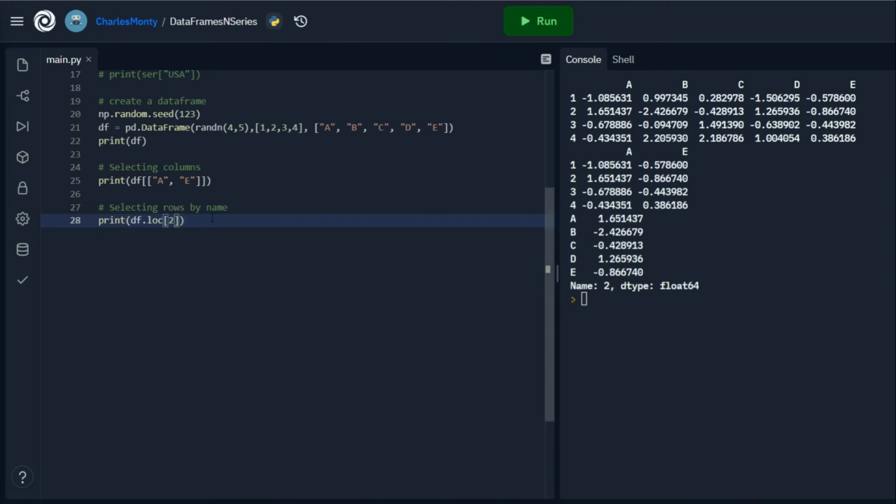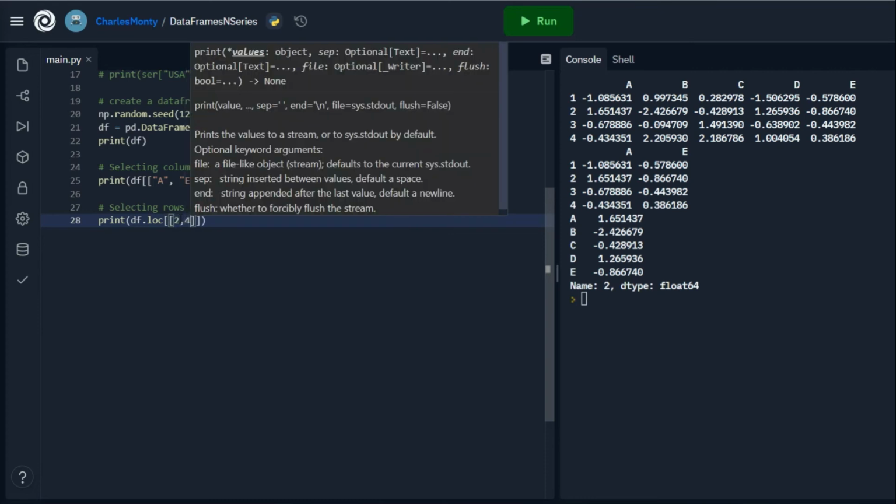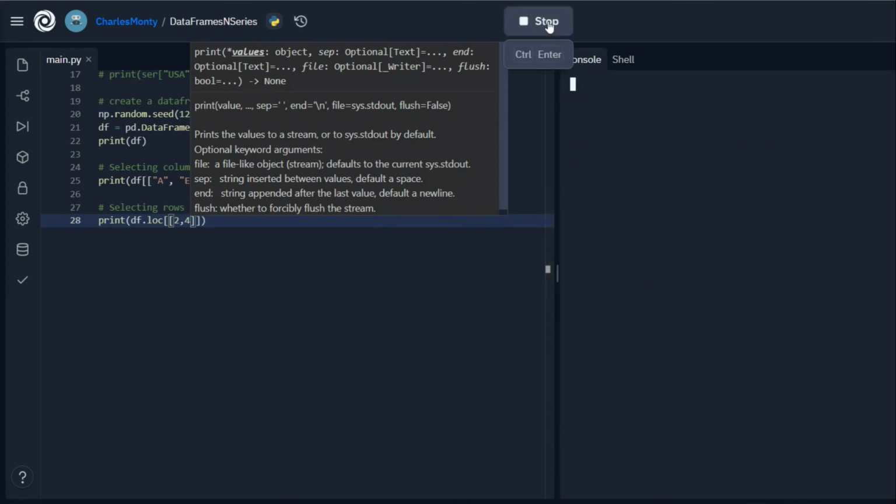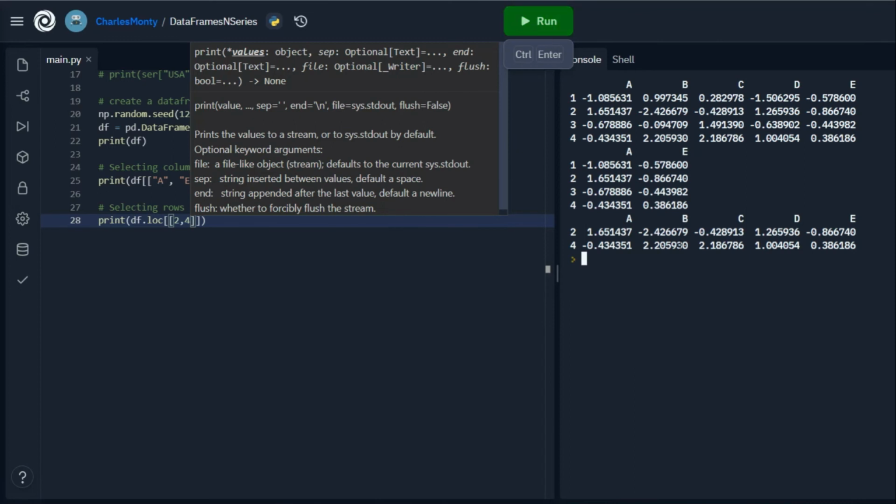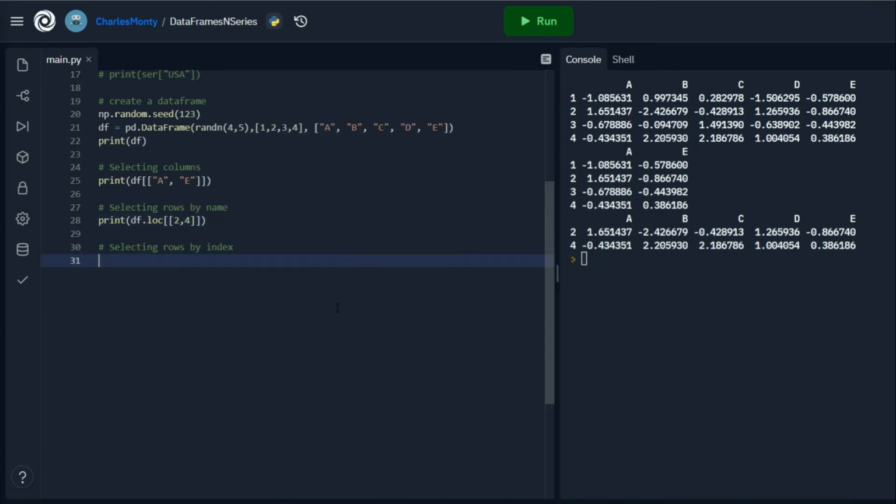But if we wanted to add more to it, 2 and 4, we have to put it in a list, and then we could run it, and then it displays it in a data frame. So here's row 2 and row 4,